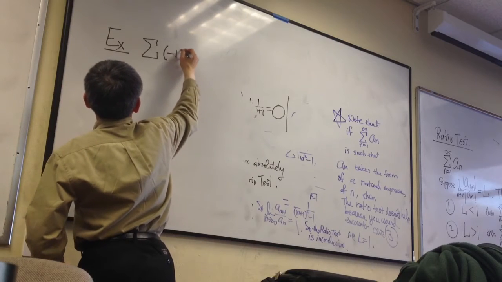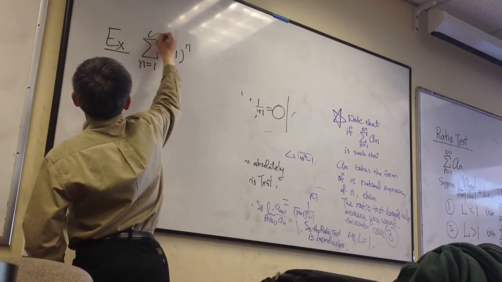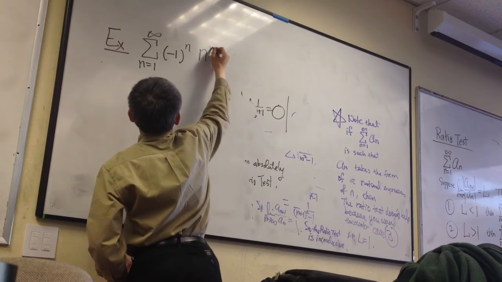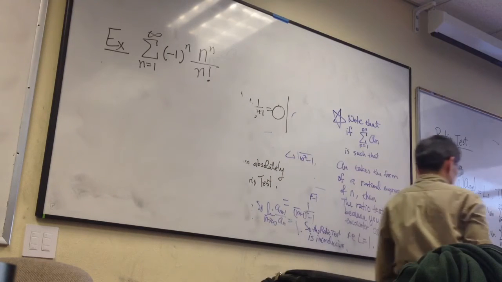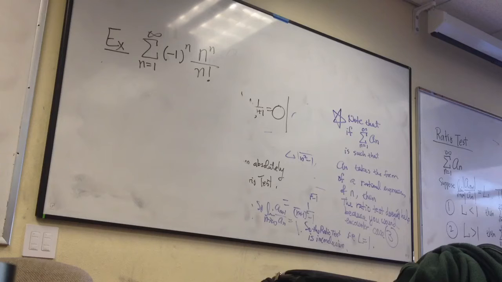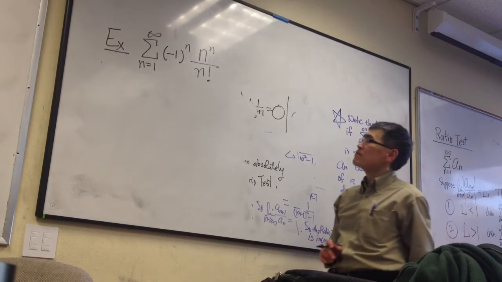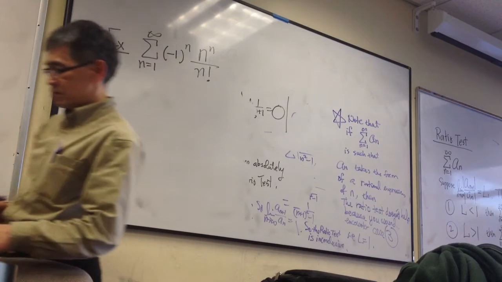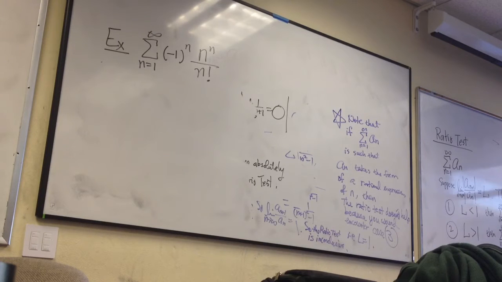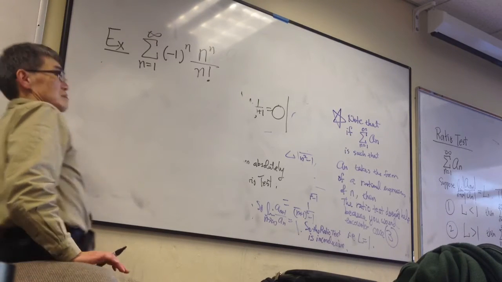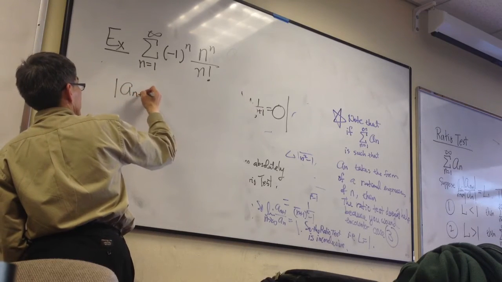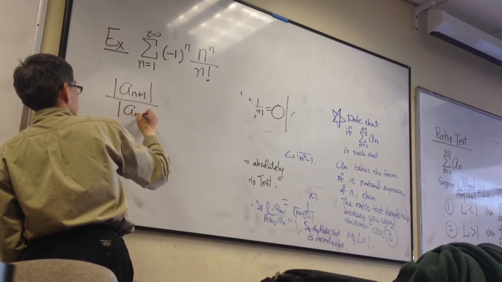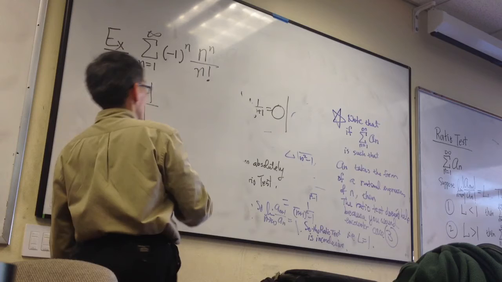Summation of (-1) to the nth power, n goes from 1 to infinity, n to the nth power over n factorial. Does that work? Okay? All right, so let's try to see if it works. If you're not sure, at the beginning, you play with it, right? So this one,